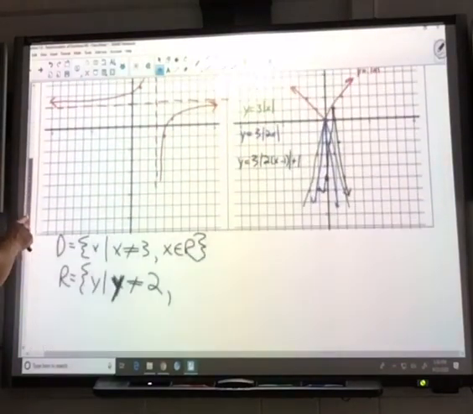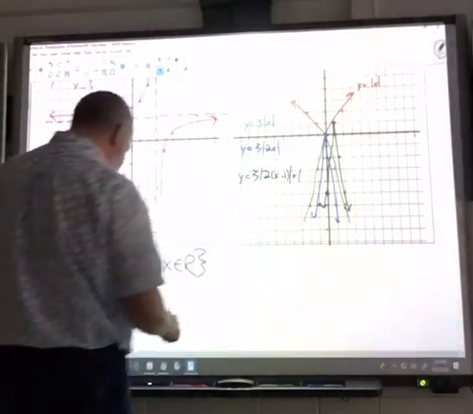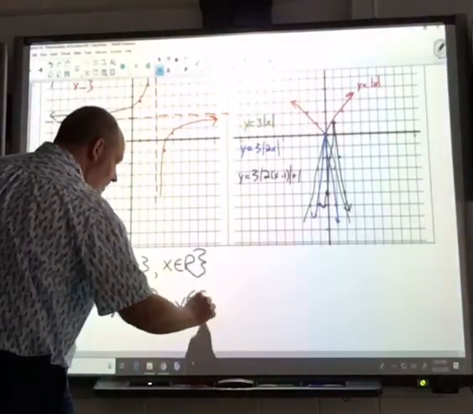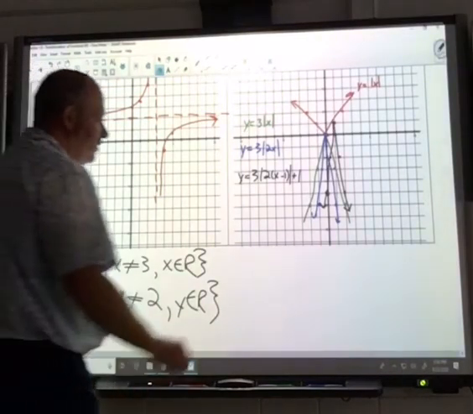Okay? Domain and range for this function here. As long as y cannot equal 2, then y can be any value. For the domain here,